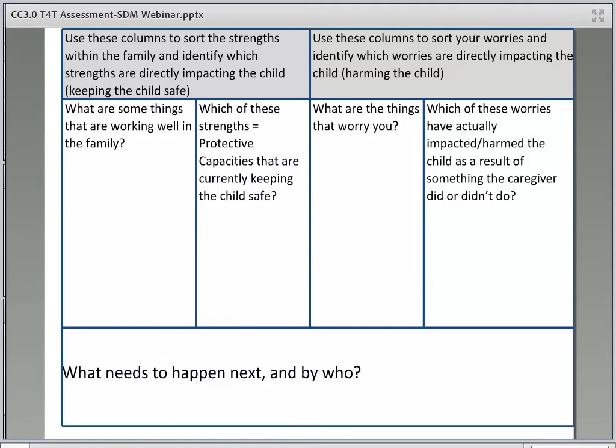It is important to note there are many other tools and ways to gather and organize information so it is clear and understandable within the agency and for families and their support networks. This is just one example of a tool that can be used. Instructors can remind social workers in the classroom that there are many ways to organize this information. The important part is that they are familiar with these types of questions that they can ask to gather information, and that they have a tool or strategy in their practice to organize the information in a way that allows for transparency and shared understanding with the family about the strengths, worries, and next steps to achieve the safety goals.